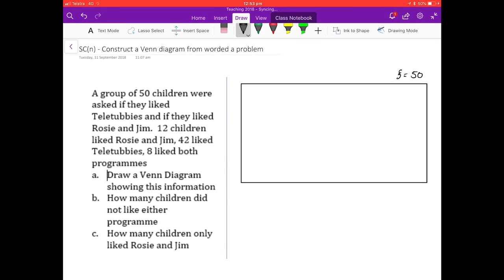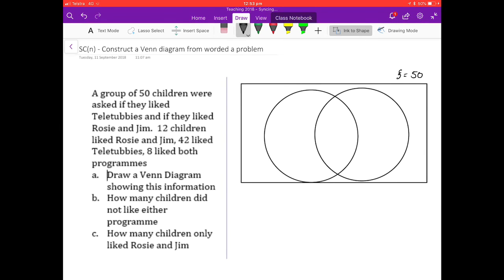Alright guys, just having a look at a word problem here about constructing Venn diagrams. Can be quite a confusing one to have a look at, so we'll go through and model a bit of a solution here. This question here is on your OneNote. It talks about a group of 50 children were asked if they liked Teletubbies and if they liked Rosie and Jim. So straight away what we can see is